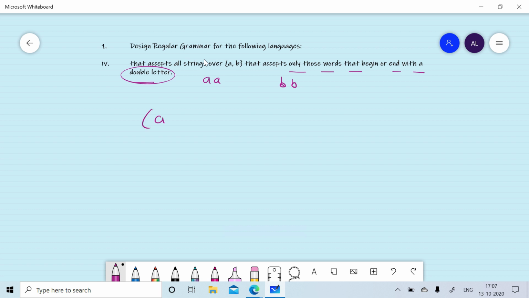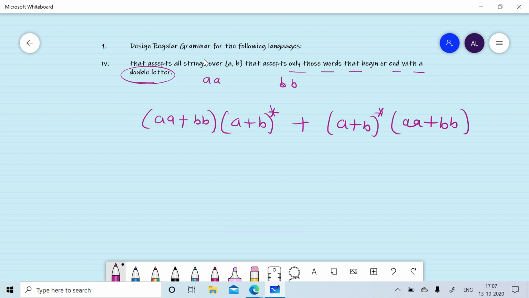If it is beginning with AA or BB, it can be represented by this regular expression. If it is ending with a double letter, it can be represented by this regular expression. Now we will generate this sub-regular expression using non-terminal S1, and we will generate the other regular expression using S2, and we will add a rule S will give you S1, S2.